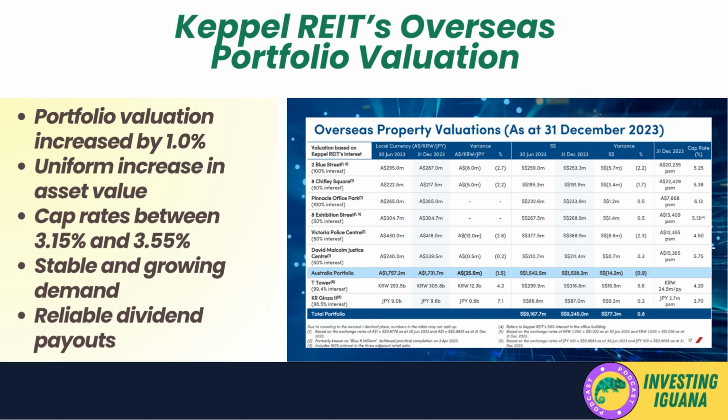Analyzing the overseas property valuations for Keppel REIT as of December 31, 2023 provides a comprehensive look into the company's international assets and their performance over the second half of the year. Most notably, there has been a slight decrease in valuations across several properties when measured in their local currencies, which could be reflective of market dynamics specific to their geographic locations or a conservative approach in property valuation adjustments by the REIT. The Australian portfolio, which includes properties like 2 Blue Street and 8 Chifley Square, shows a marginal decline